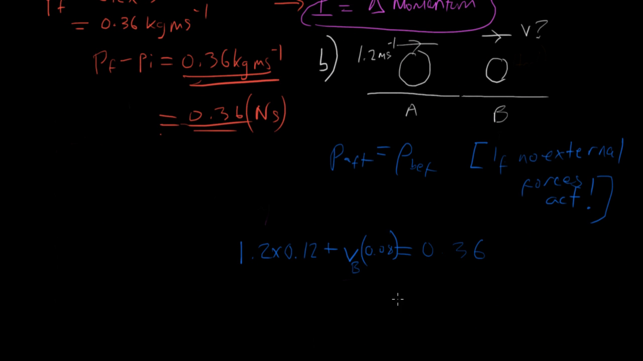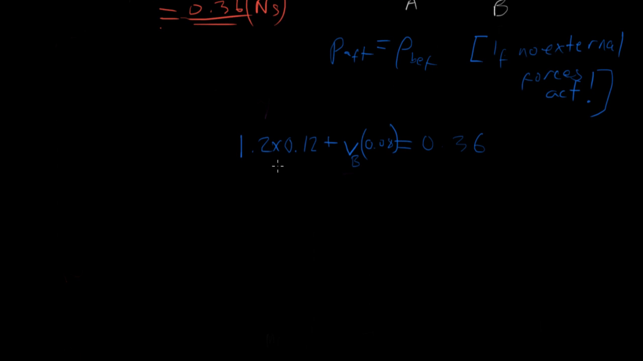0.08. So that's our equation for the conservation of momentum. And if we do this in a calculator, let me see, what do we get? If I can find my calculator. Well, we want to leave the B alone anyway, right? So we want to do VB is equal to this minus that, so that's